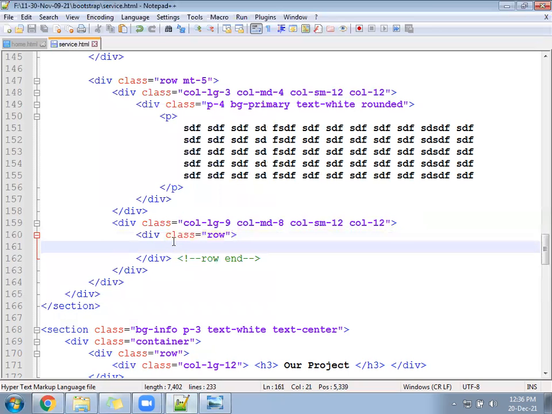Okay, now, hope everyone is ready. Inside the row, what you have to do, this photo will guide you.